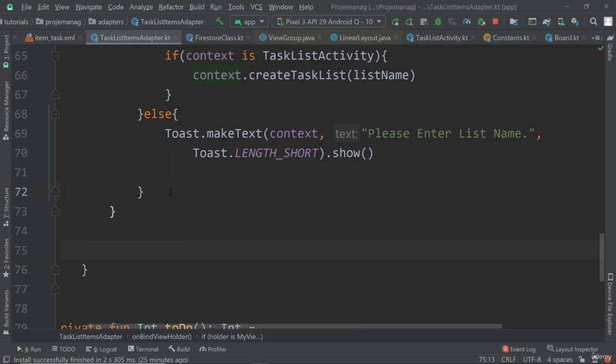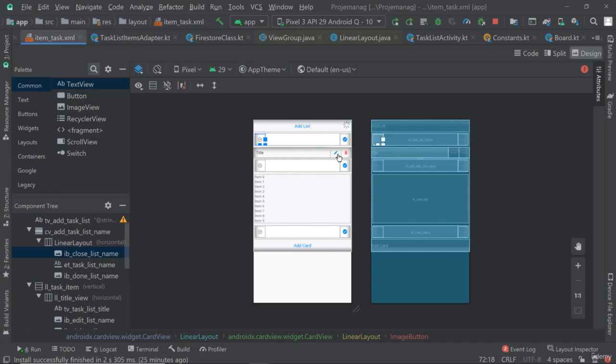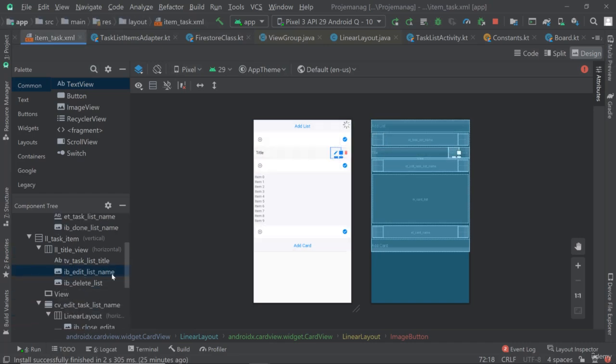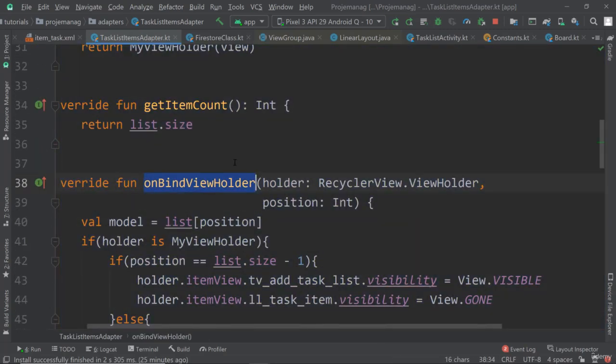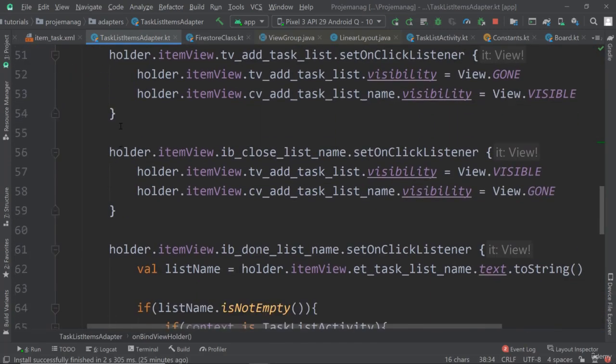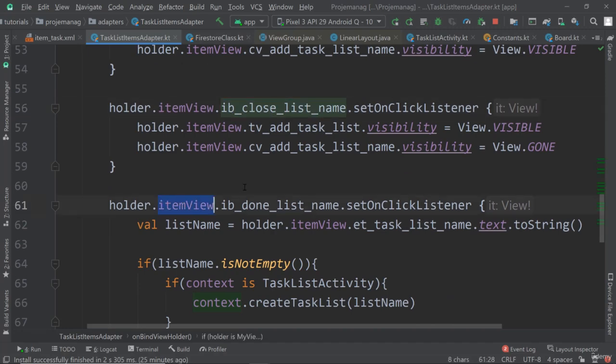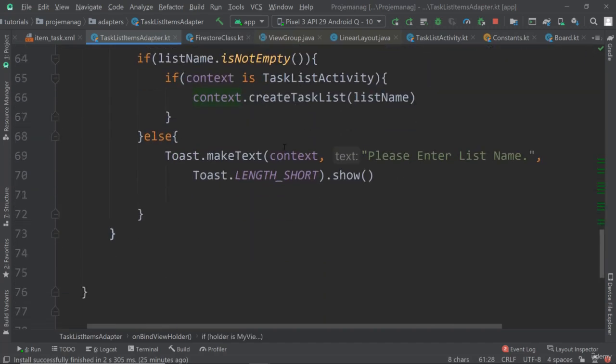Okay, so this button is the edit text button. Let's look at how it's actually called. So in item task, we can see it's this one here, and it has the name IB edit list name. And then the other one is the IB delete list. So we need to add on-click listeners to those in the task list items adapter, where we are in the on-bind view holder. Okay, so here we gave all of those item views some on-click listeners already, but now we